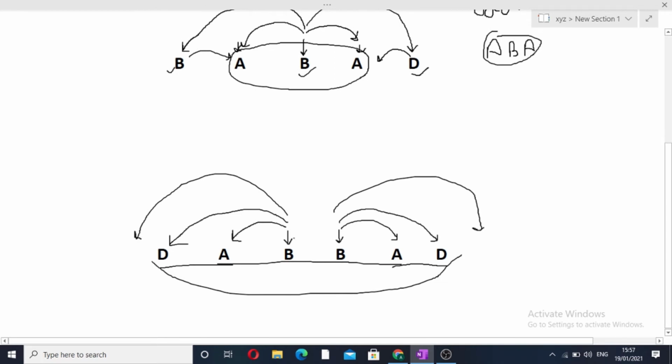So for every index we will take 2 pointers, one for the current index and another for current index plus 1. Again we will expand one step behind and one step ahead, and we can find all the palindromes of even length. So this approach will give us even length palindromes.